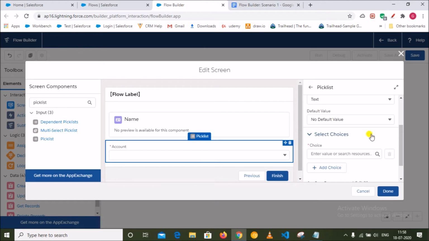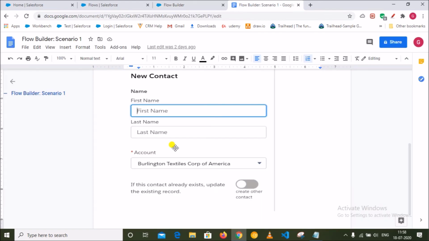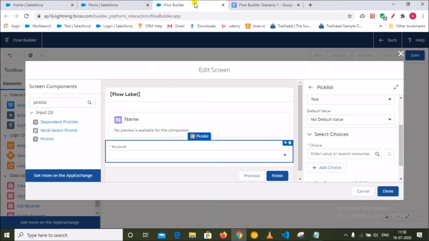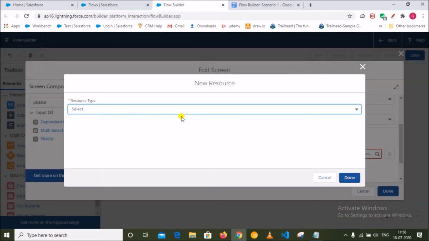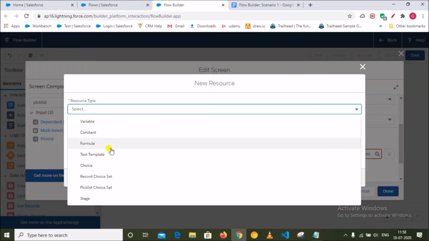We'll see how we can use the default value. Before that, whenever the user opens this form, the account should be populated automatically, right? So how can we do that? If you see here, there is an option, choice. Just click here, add new resource. You can see multiple resource types are available here. What type of value is it?